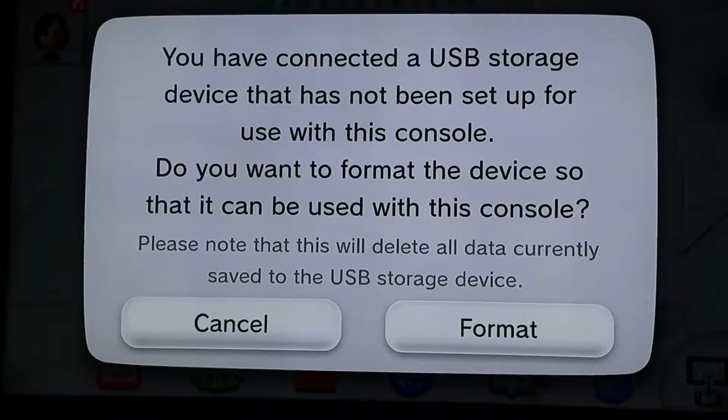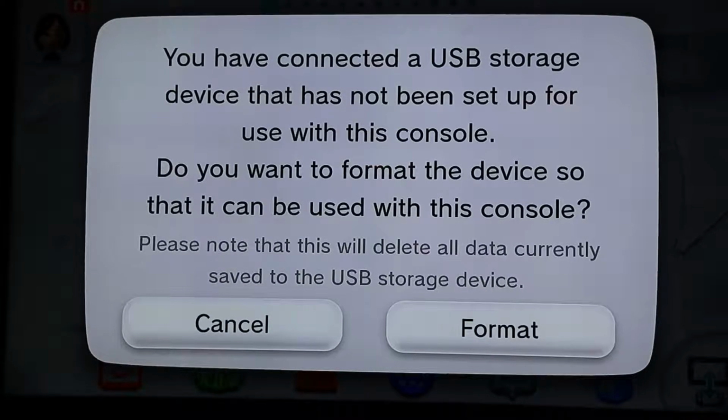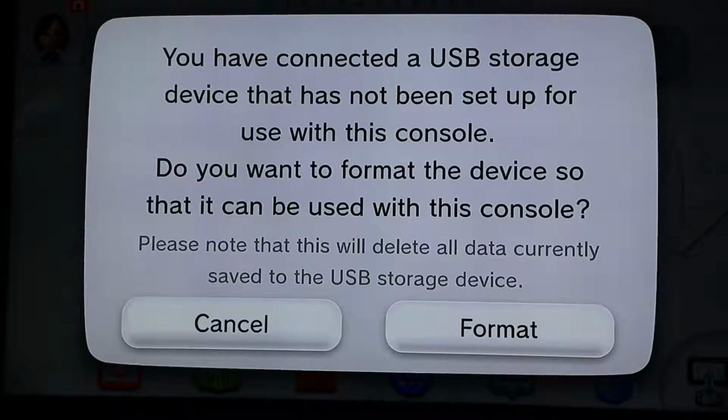I am going to show you how to mod your Wii inside of your Wii U. I left this on purpose to show you guys that if you ever see this, I have a special program that actually hides the hard drive or flash drive from the Wii U side. It'll only be detected in the virtual Wii, but if you ever do see this, it is very, very important